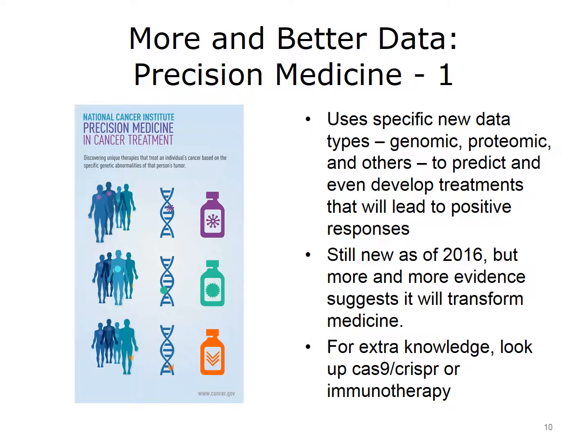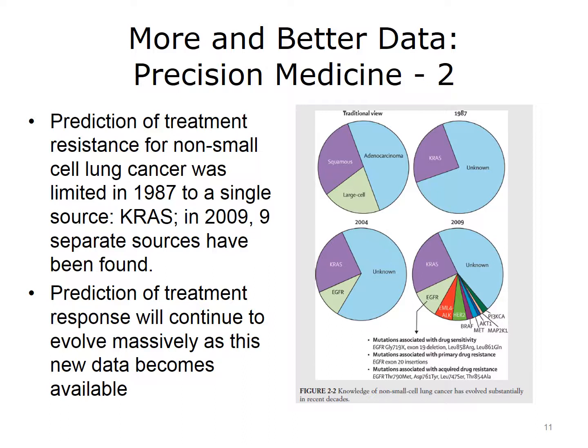The evolution of precision medicine is shown here. Historically, our knowledge was limited to 3 traditional cell types: squamous, large cell, and adenocarcinoma. And in 1987, one genetic mutation, KRAS, was discovered that represented about 27% of cases. In 2004, we found one more genetic mutation, EGFR,